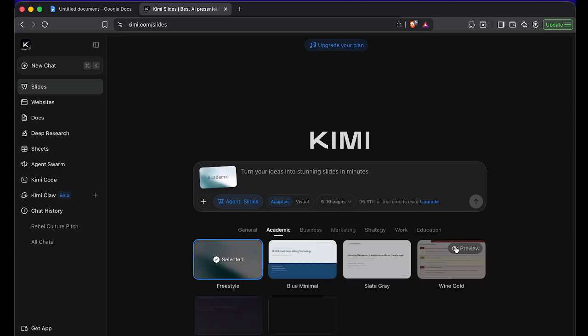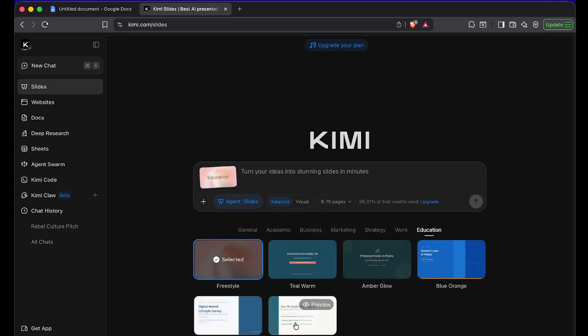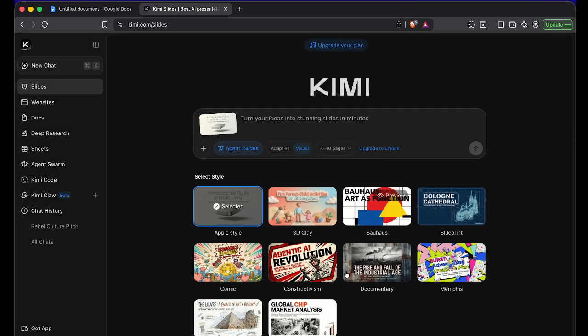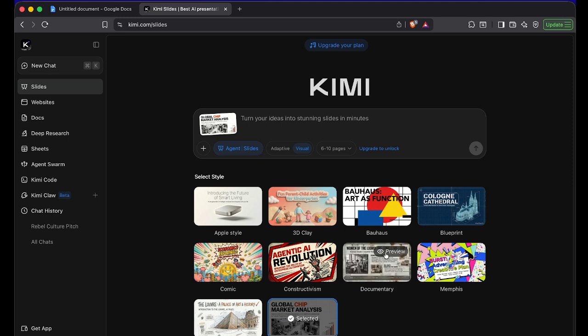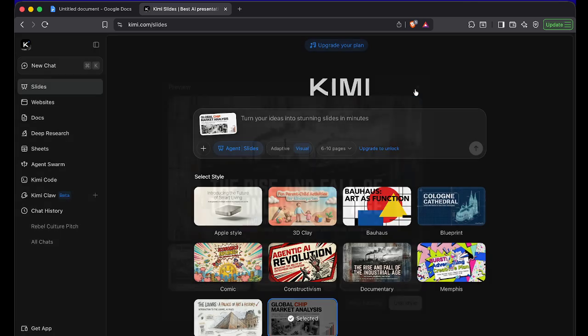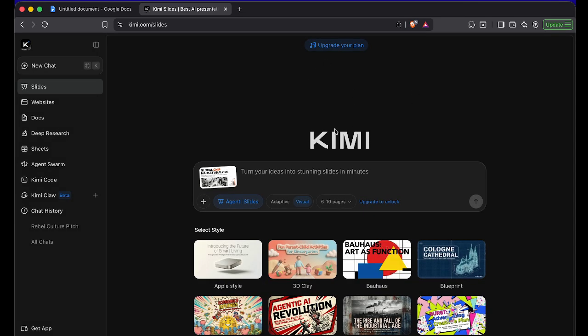We can also use these pre-built templates and use these styles for our generation. You can see these are all generated using Nano Banana, but using the power of Kimi, how Kimi manages everything. So yeah, that's the